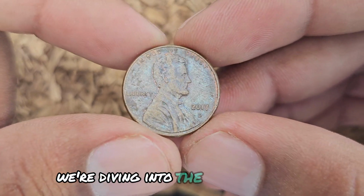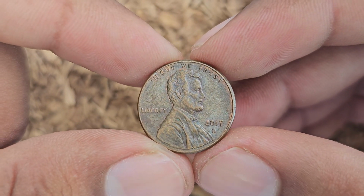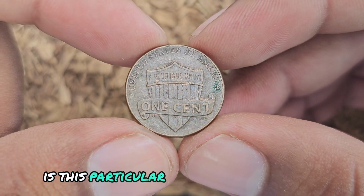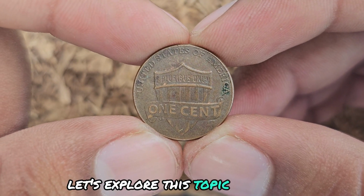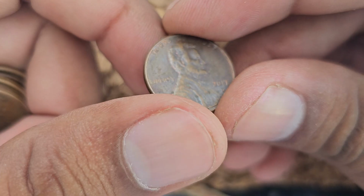We're diving into the world of coin collecting and discussing a potentially valuable find, the 2017 Lincoln penny with a D mint mark. You might be wondering, is this particular penny worth a lot of money, or is it just another common find in your pocket change? Let's explore this topic together and see if you might have a hidden gem in your collection. First off,